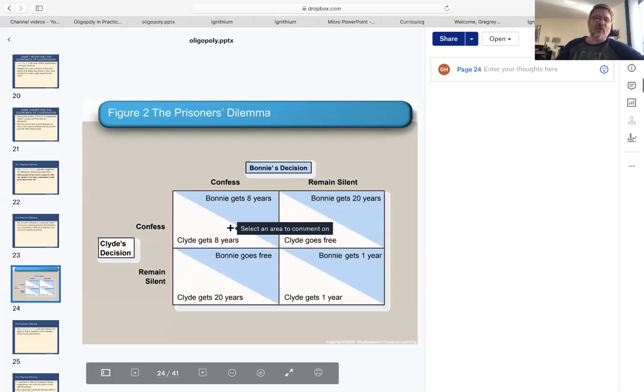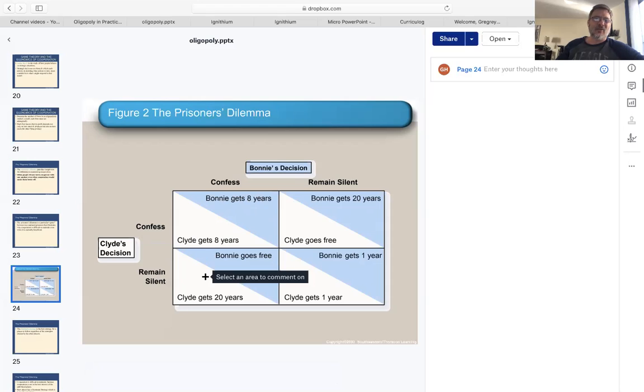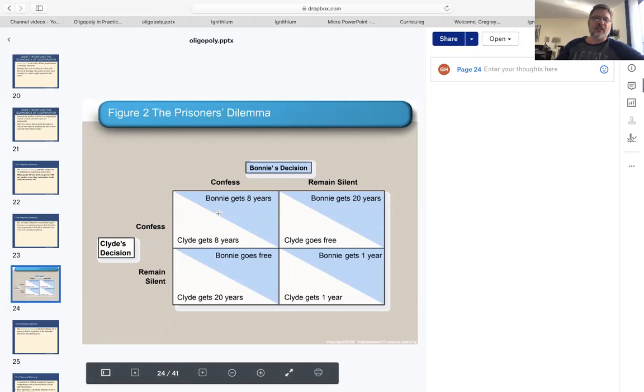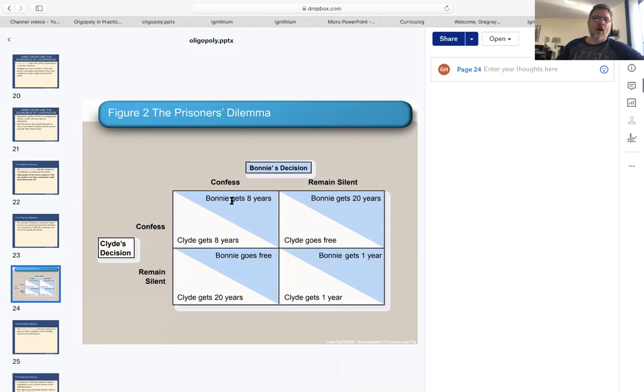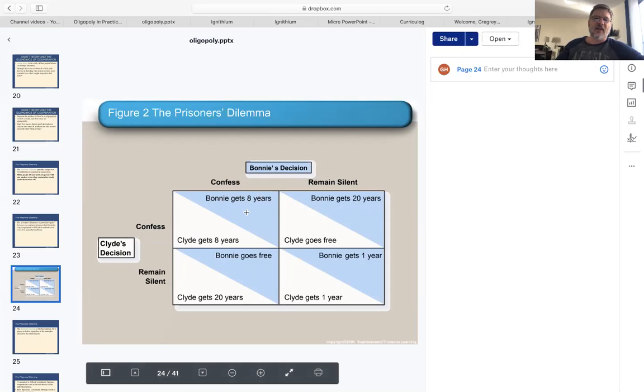And even though this is a fine example, it's technically not a really great example, because usually in the case in which both players play the non-cooperative strategy, the outcome for the group of them together is the worst possible. So here you only see 16 years. Usually in a classic prisoner's dilemma, this would be something like a total of 30 years between the two of them. They both get like 15 or something like that. So this isn't a perfect example, but it's still good for purposes of simply illustrating